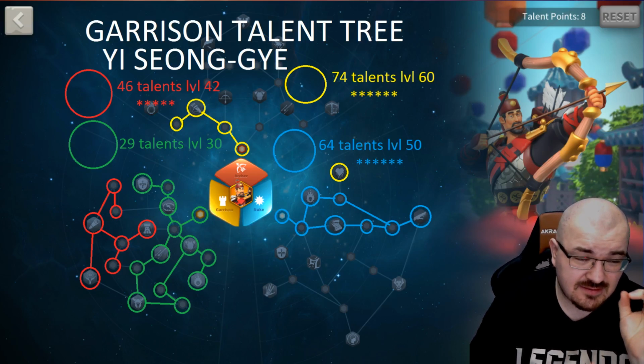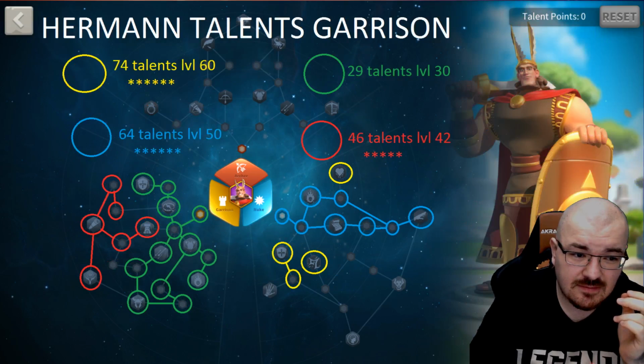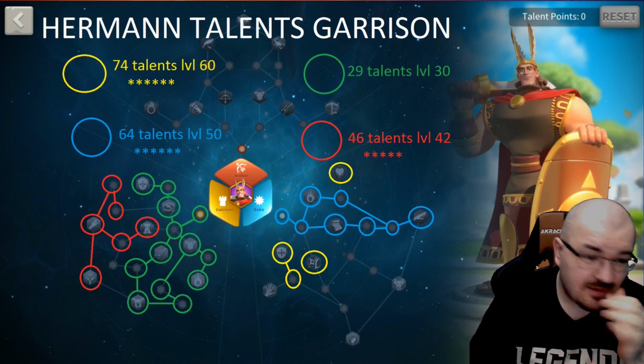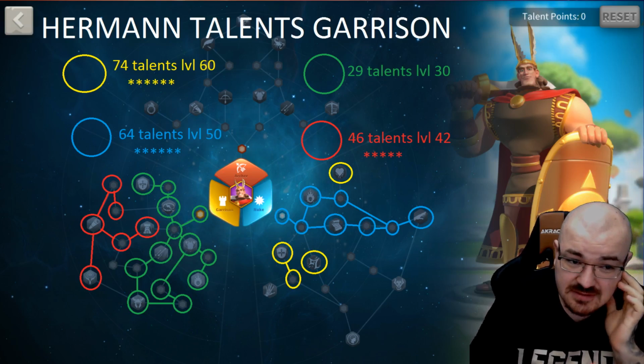Alright, so this is how a garrison talent should look. I'm just going to pop out another one. Alright, you can see the slightest difference. You can see the red dot that has gone into the middle. So that's the problem. You can see that Herman has the same garrison, nuker and archer,